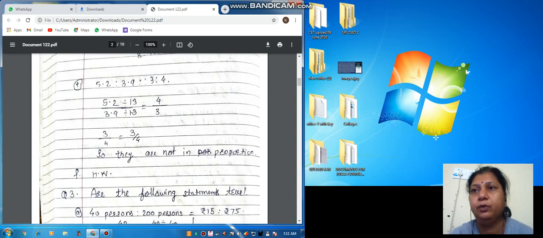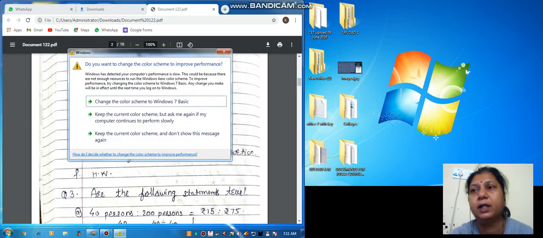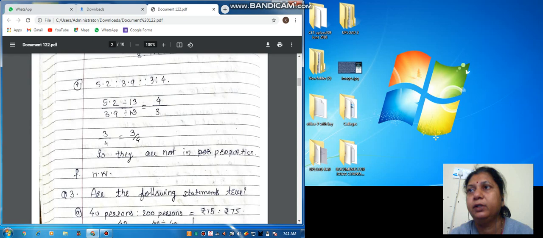5.2 as to 3.9 are in proportion with 3 as to 4. Okay, so let's see. See here, it is 5.2 and 3.9. So forget first about the decimal. We can see here 52 upon 39. Both are in the table of 13, so we can divide it right now. 13 4s are 52 and 13 3s are 39. Both have decimals, so if we multiply both by 10, we get the same number. So it is 4 upon 3.